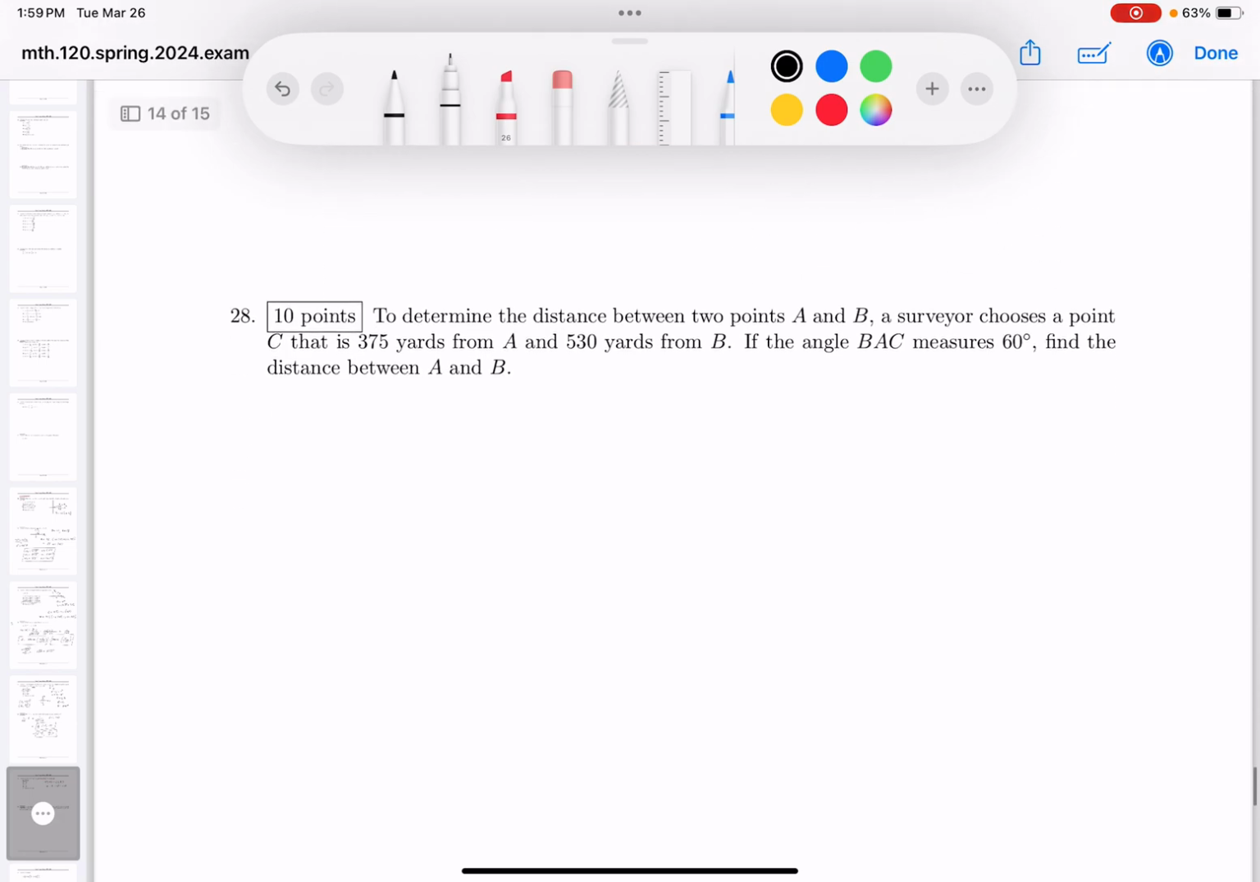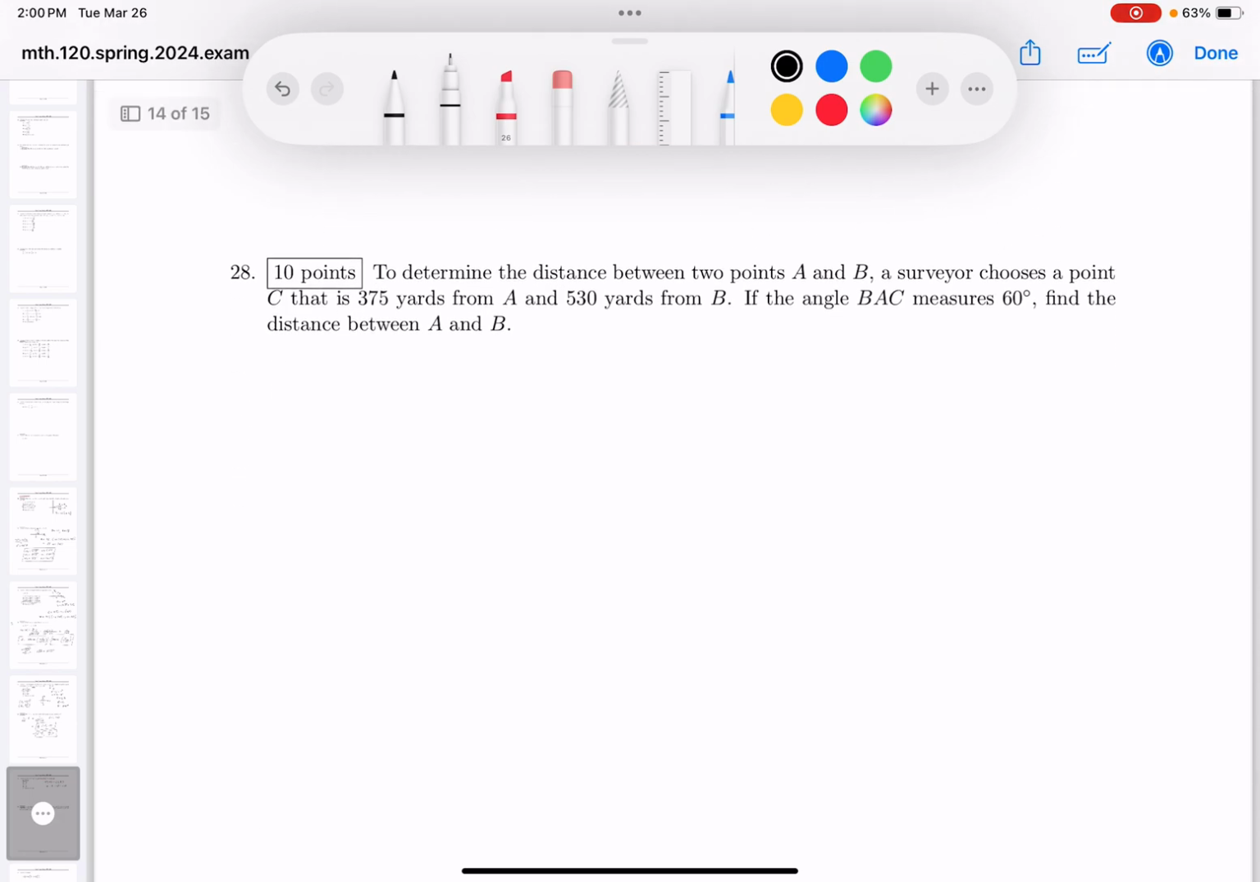Let's go to the next one. The next one is a visual problem for me. And the reason why I'm looking at a survey, what he's doing, he wants to find the distance to 2 points A and B. I'm not going to say my pictures are good, but they're good enough for me. And then they say a surveyor chooses a point C that's 375 yards from A and 530 yards from B. So I'm going to make maybe something like this over here. And again, I'm not saying I'm doing a terribly accurate picture, but they say this angle over here is 60 degrees. All right. Now, I'm going to call this point C,